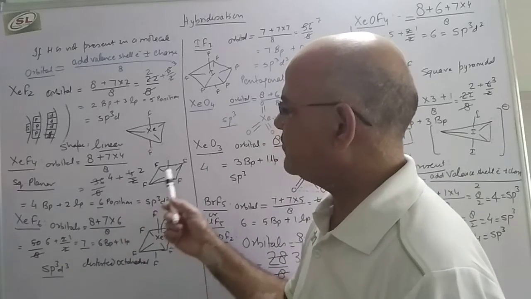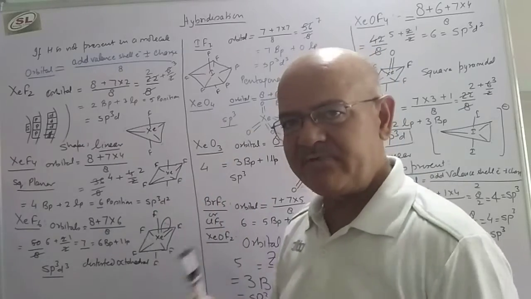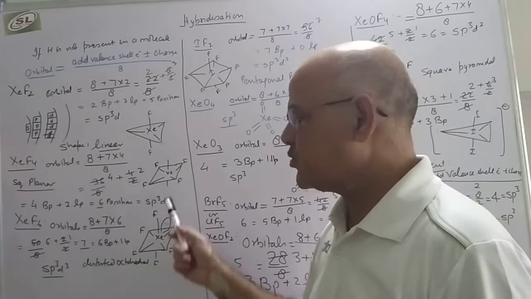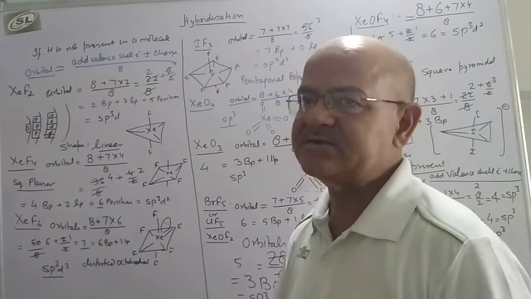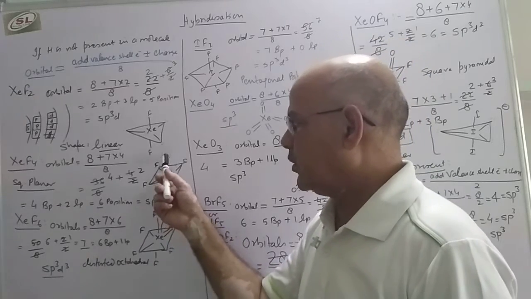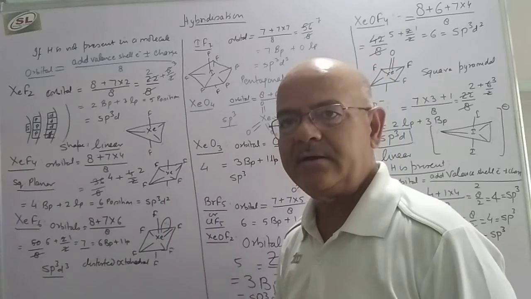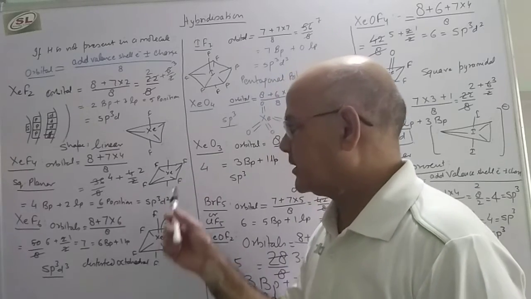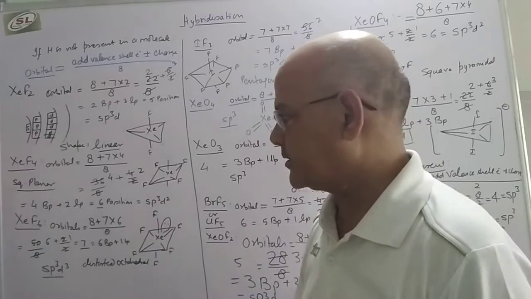For the 6th position, we always select octahedral geometry. Equally we will distribute. There is no repulsion on axial positions in octahedral because it is symmetrical, as all the bond angles are 90 degrees. Now the lone pairs we will put on axial positions, and the fluorines will be in equatorial positions. So the geometry will be octahedral and the shape will be square planar.